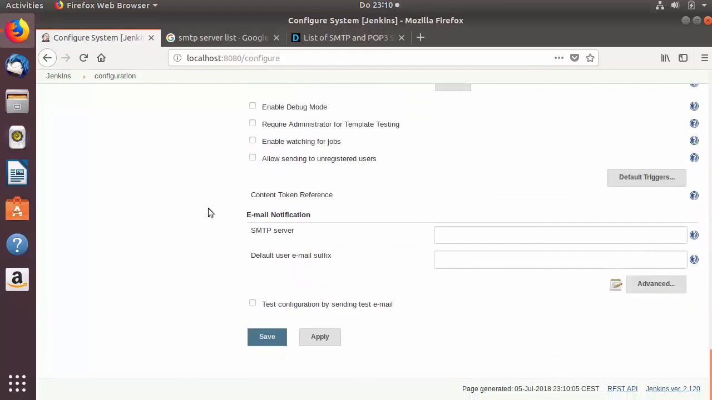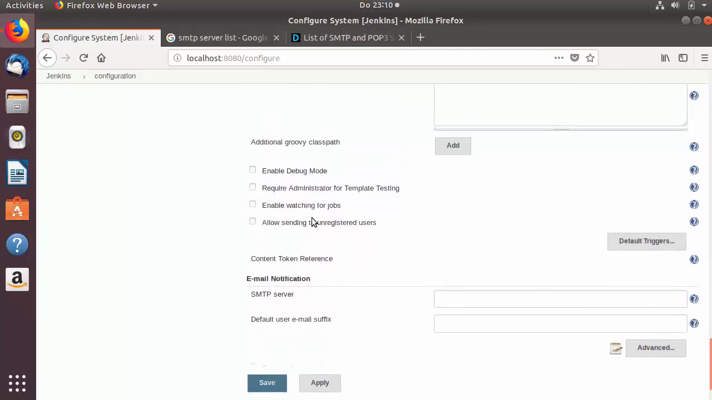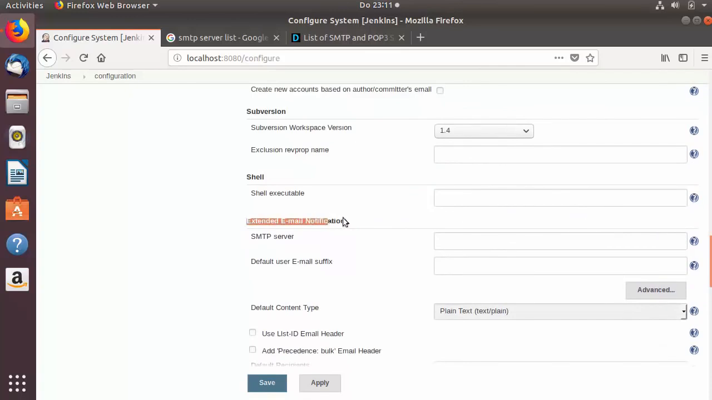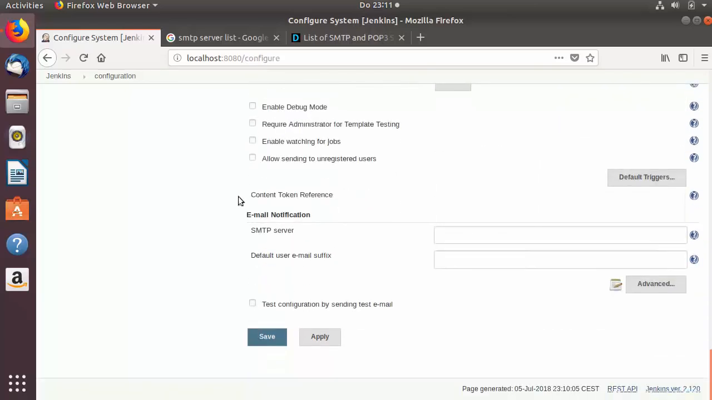So you will be able to see this section which says email notification, and just above this section you will also see a section which is extended email notification. This extended email notification is a plugin which you have already installed at the installation of your Jenkins. So if you have chosen install suggested plugins, then this plugin will be installed in your Jenkins and you will be able to see this option. But for now, I'm going to use the default option, which is the email notification option,